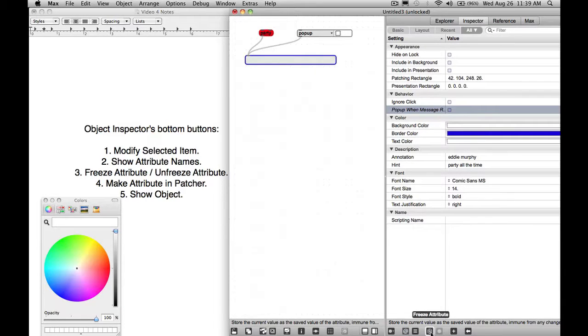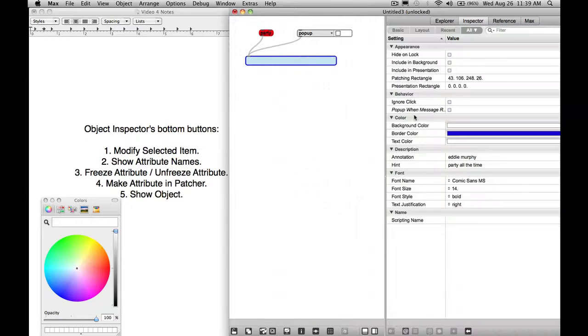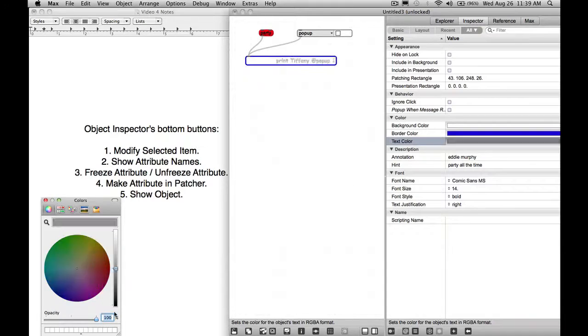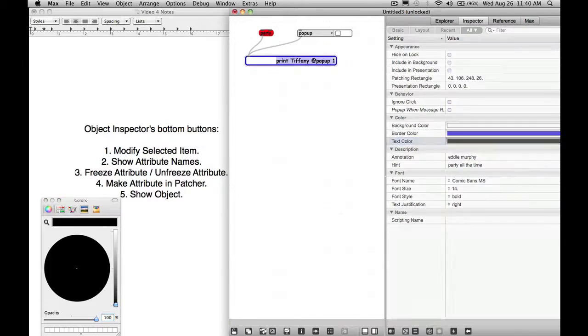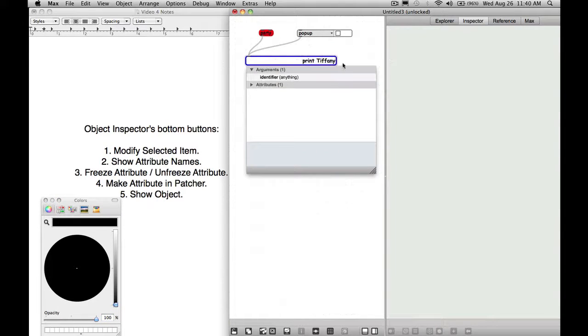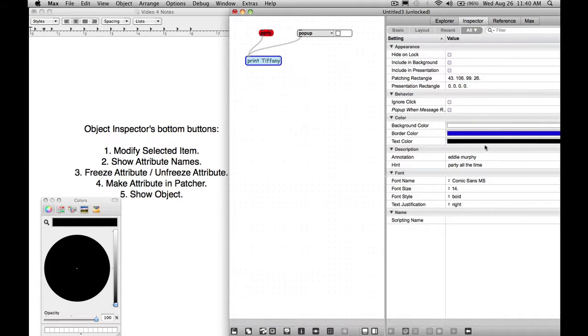So show attribute names. We have freeze attributes and unfreeze attributes. So first let me make this so you can see it. So when you change the color and whatnot, when we save our patch, it will automatically load this object with these colors. Colors are saved automatically. However, whenever there is an attribute that is in italics like this, it won't save your settings when you save your patcher and then open it again. So as an example here,